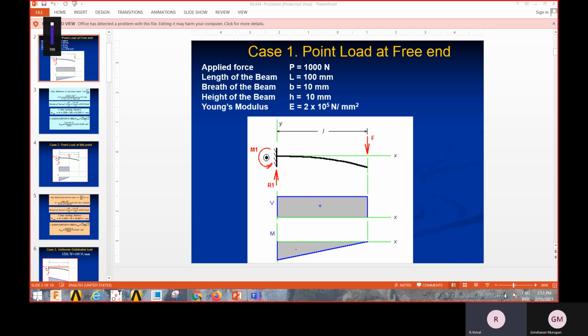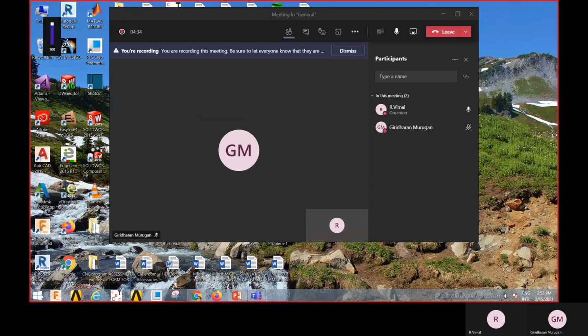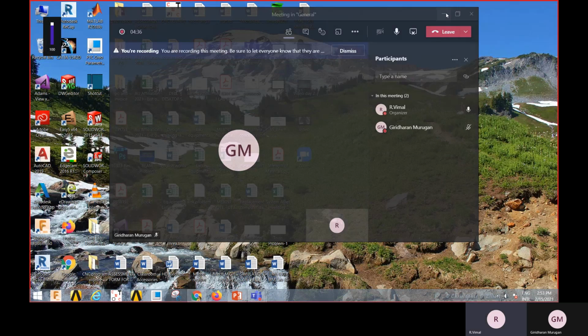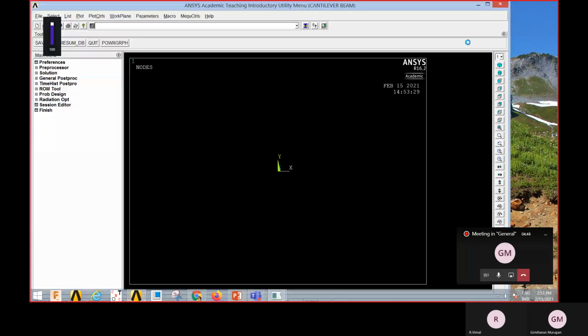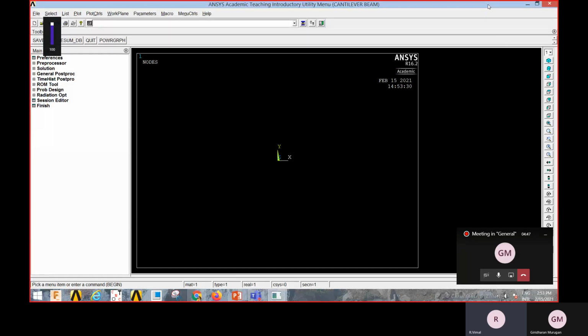So you go to the Windows button, click on the Windows button. Here I have ANSYS Mechanical APDL as a shortcut on my computer. So I clicked on that and I open. Otherwise, you go to Windows, click on the Windows button and look out for the ANSYS product launcher, and you will be in a position to find the ANSYS.